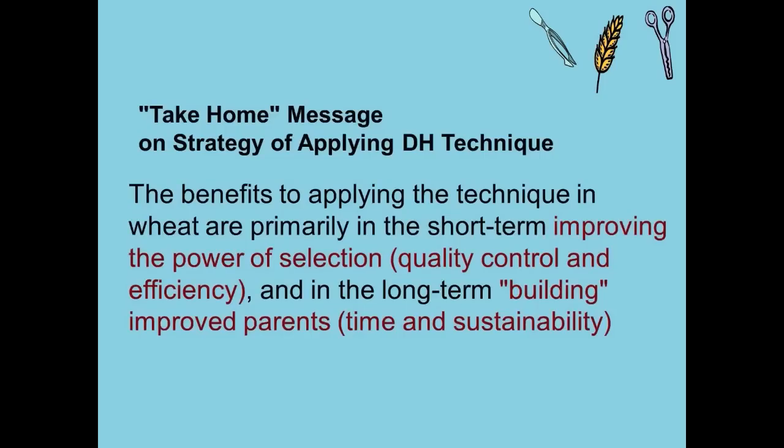The take-home message I just wanted to leave you with, again on the strategy of applying the doubled haploid techniques, is that the benefits to applying the technique in wheat are primarily, at least in the short term, improving the power of selection. We talked about quality control and efficiency, and in the long term, building and improving parents. And again, that relates to the time and sustainability in terms of that factory analogy that we